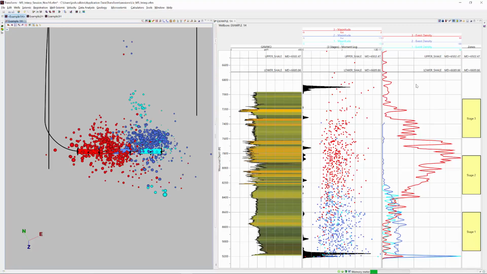In the event density plot, we can see that the microseismic response from each of the 3 stages was very different. Stage 1 triggered relatively little microseismic activity, with the majority of the events occurring beyond the toe of the wellbore. Stage 2 was a little more active, but fracked back into the stage 1 zone. Stage 3 stimulated the greatest microseismic response, but again, much of the activity propagated backward and happened in the vicinity